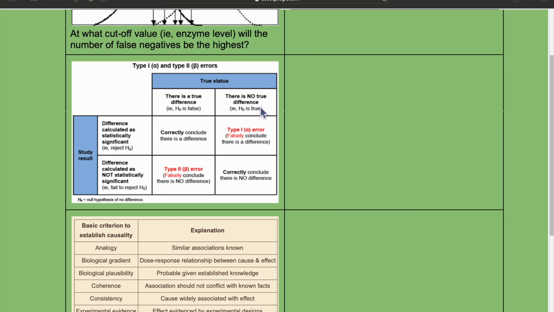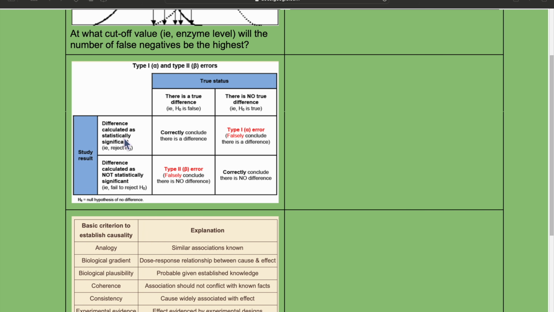So this is the reality, this is the test, right? True status here is that there is a true difference, and here when we do the test, they say yep, there is difference. So we reject null hypothesis that there's no difference and correctly conclude there is a difference. Cool. However, in reality, if there is no difference and null hypothesis is true that there is no significant difference,